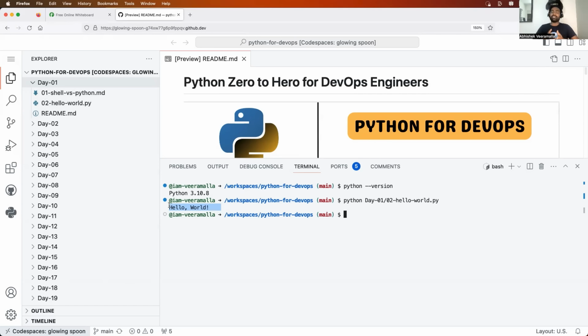And how much time did it take? Just a couple of minutes. So use this if you have any issues with your account being suspended, your account being blocked, or any particular thing. Now, let's say for some reason you don't want to use Codespaces. Then what you need to do,